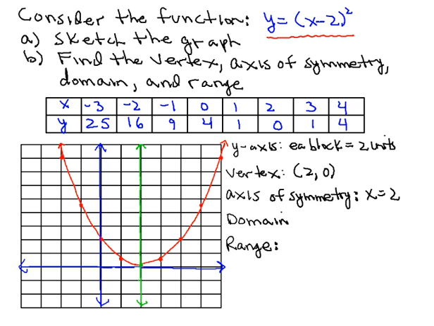Now for the domain, as with the previous examples we've looked at, it will be all real numbers. So we can then say in interval notation that the domain is negative infinity to infinity. And for the range, if we look again at the vertex, we can see that the y value of the vertex is 0. So it should be clear that for any other point on the parabola, the y value will be larger than that. So we can say then that the range will be from 0 to infinity,